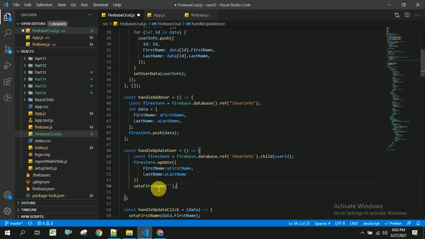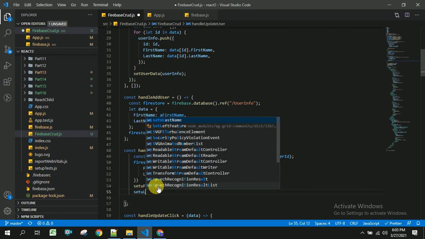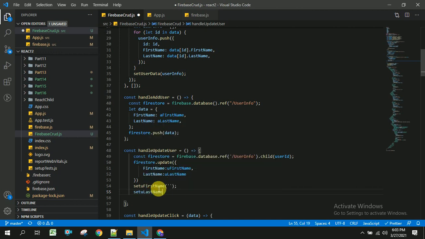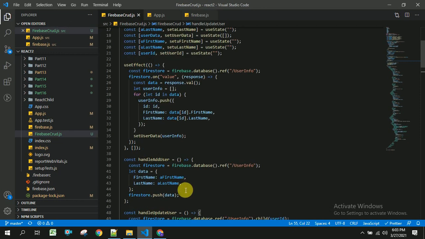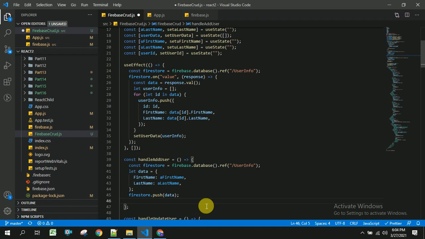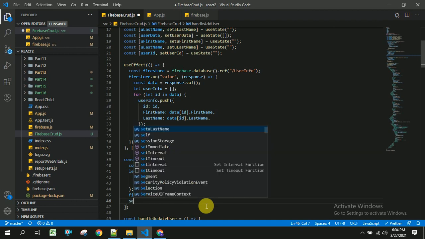So you can use any other approach as well. Set last name of empty. Let us save this. Now even here, once user enters the data and clicks on add user, you should be able to refresh the data.